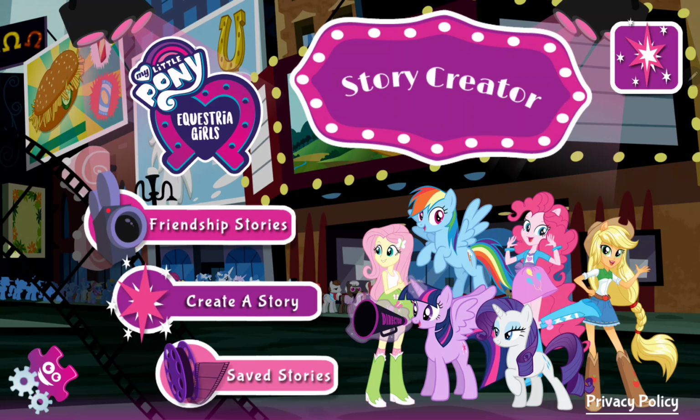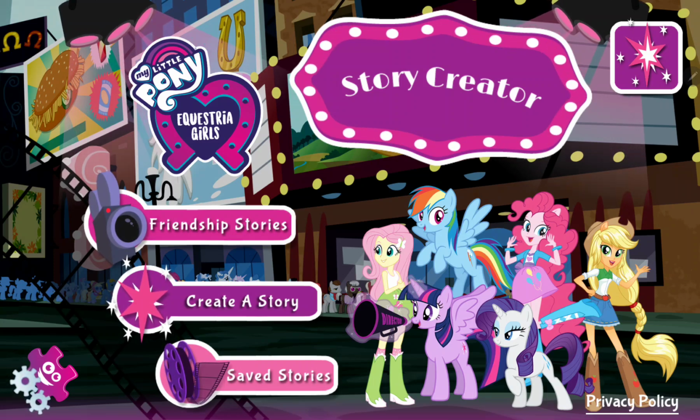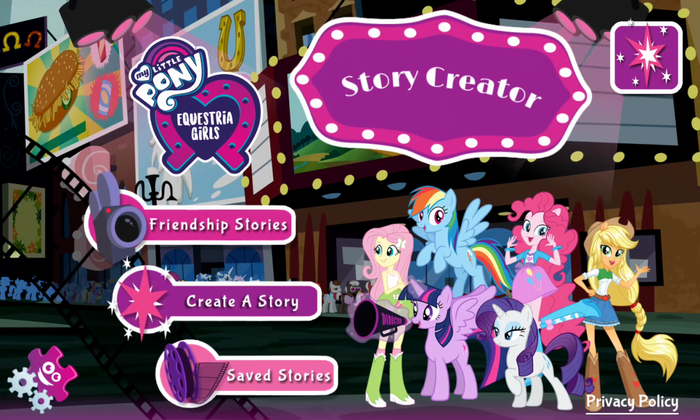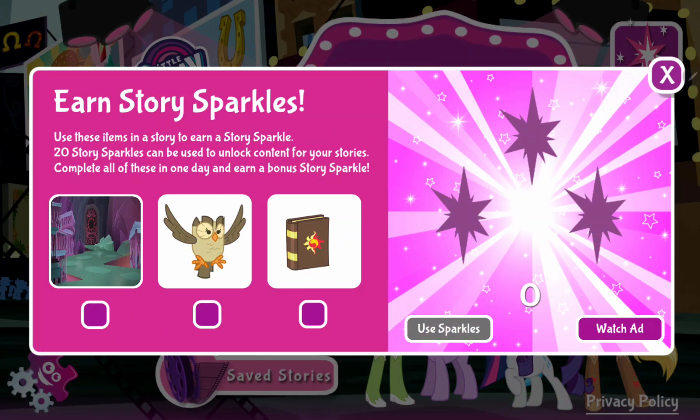This is the first screen, and click on the sparkle icon at the upper right corner of the screen, and you can find the Earn Story Sparkles page. You can use sparkles, you can use items, and you can just watch an ad. Just click that or go and play with the game, and you can earn these items and you can use